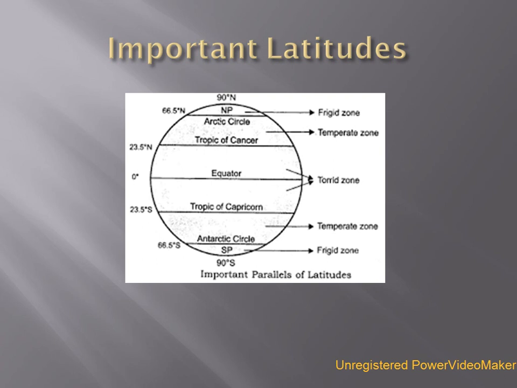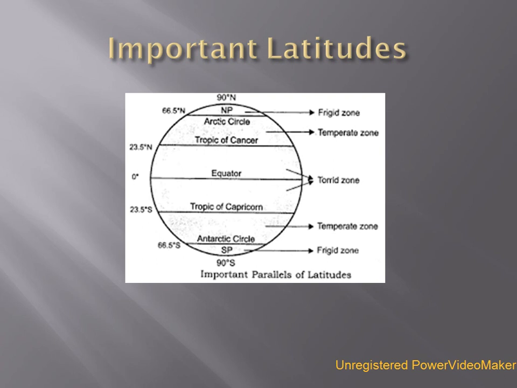Besides helping us to locate places on map, the lines of latitude divide the earth into distinct heat belts that are also known as heat zones. The lines of latitude indicate the general climate of the area by applying the principle of heat zones or thermal zones. Thus, latitudes enable us to divide the whole earth into different climatic zones.